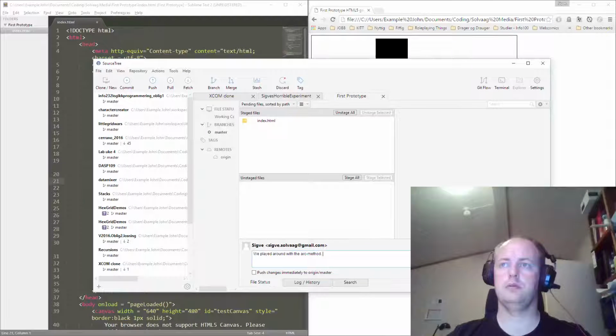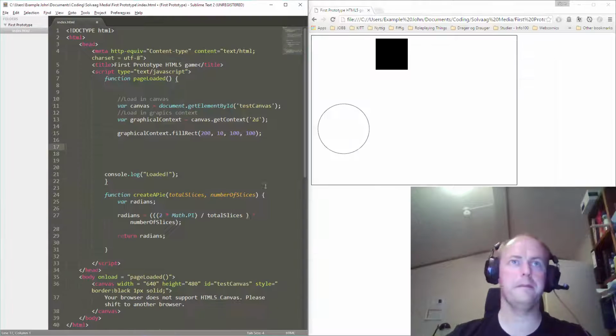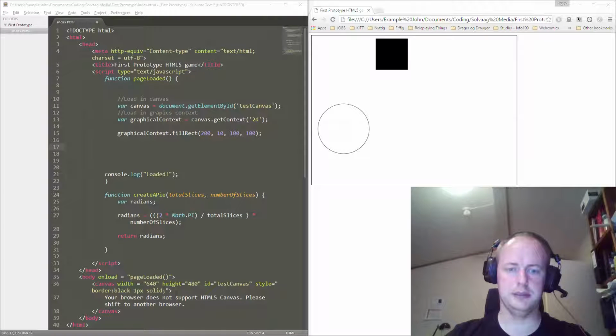And push. Okay, neighbors are being weird again. Okay, so let's kill this circle code and move on to